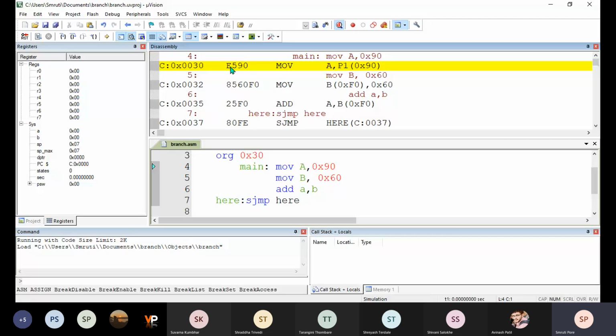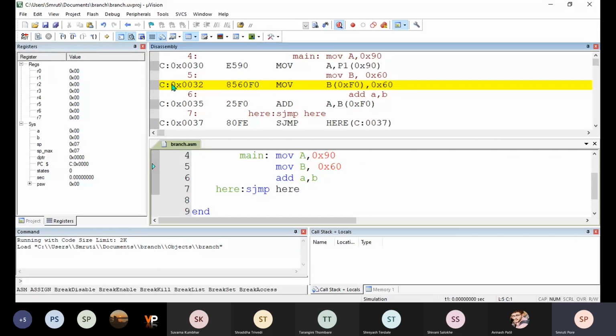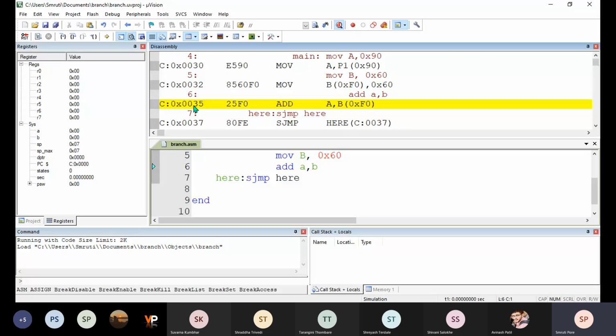The opcode of the move A comma 0x90 is E590. Okay, next, 32. So what is this? 8560F0 move B comma 0x30, and the last instruction is at 0x0035. So here you can see that these are the addresses 30, 32, 35.